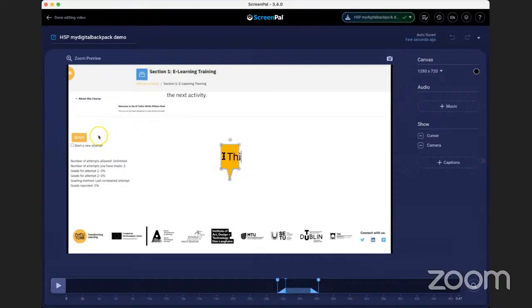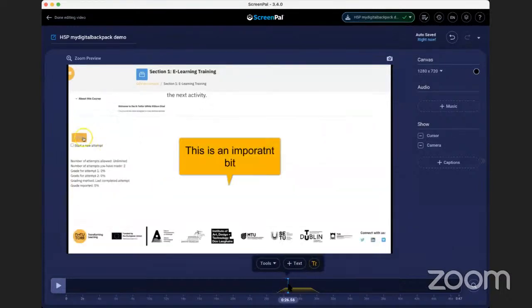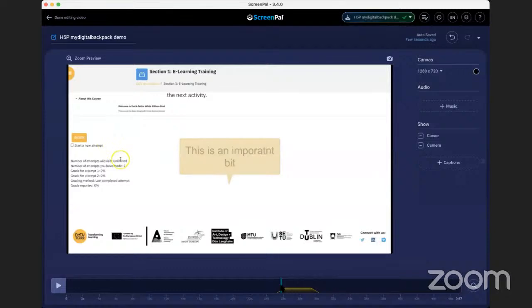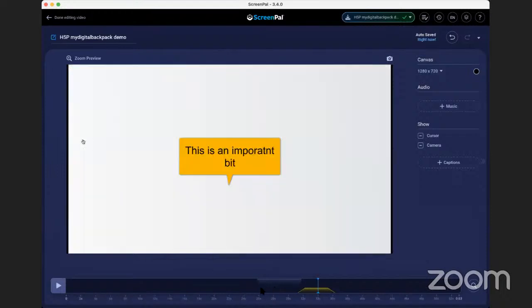in the text. So this is an important bit. And I can amend the color of the pop-up, and so on. Very often, if I'm putting in some text like that, I might also put in a pause. So if I go to insert pause, that will mean this part of the video will stay stuck on the screen for, let's say, 6 seconds, which is useful when the text field comes up.